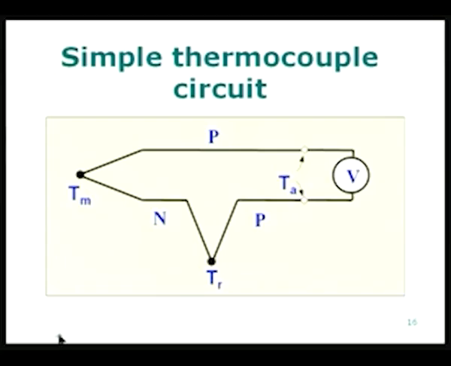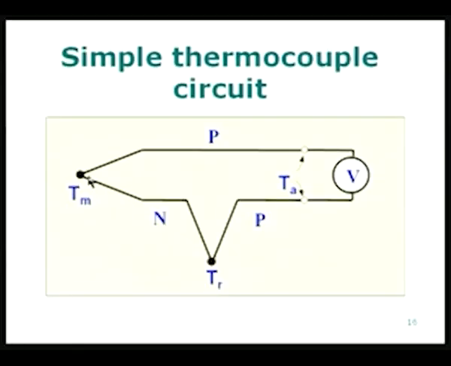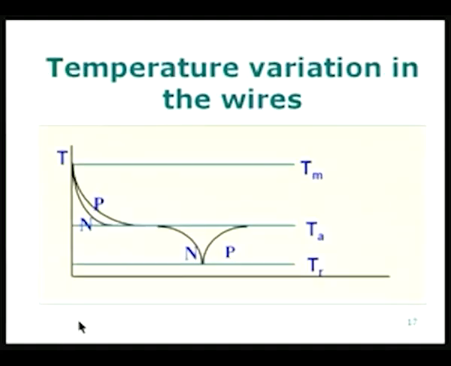You use the inverse relationship. Now, let us look at the details of what is happening in the wires. What I am doing is looking at the temperature variation along the wires in this circuit. There are several wires: a P wire here, an N wire here, another P wire here, and maybe some other material, copper, whatever. I am going to look at the temperature variation along these wires, because if you remember,